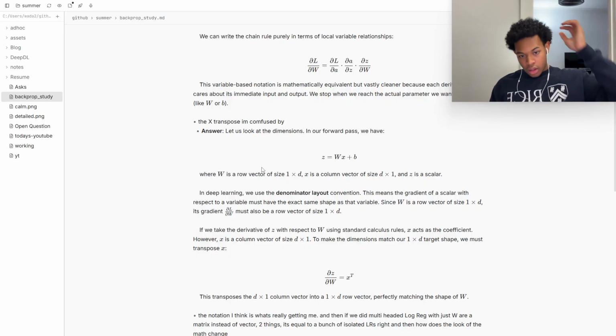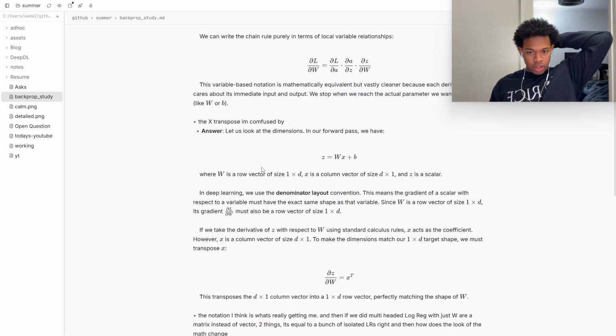Okay, let's see. Let's look at the dimensions. In our forward pass, W is a row vector. In deep learning, we use the denominator layout convention, which means the gradient of a scalar with respect to a variable must have the exact shape of that variable. So Z is a scalar, and its gradient with respect to a variable must have the same shape as that variable. Since W is a row vector,